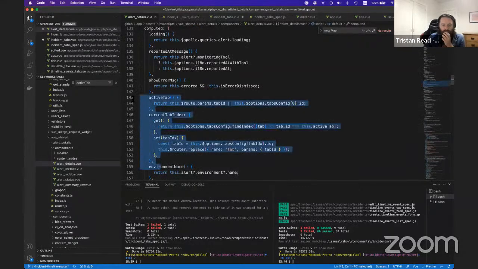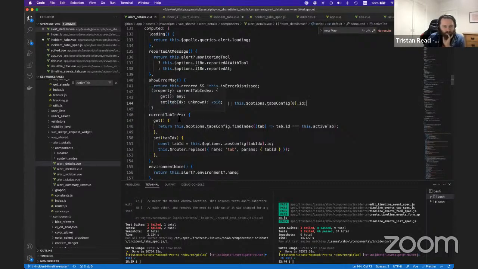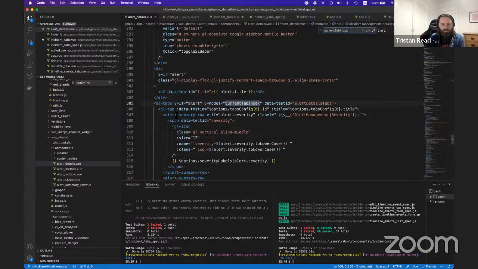So it's got a couple of things it's doing. It's computing an active tab, which looks like this. So what it looks like is happening is when the tab is clicked. So let's see where this is being used. So GL tabs has